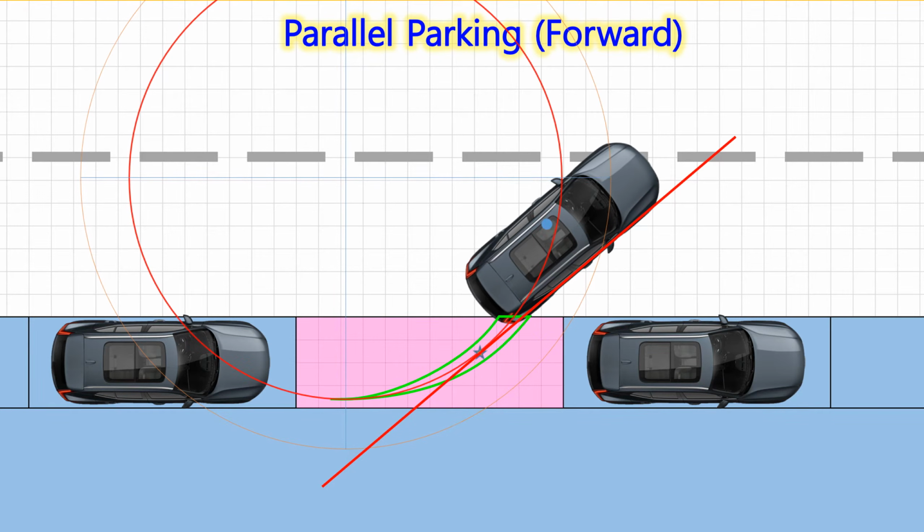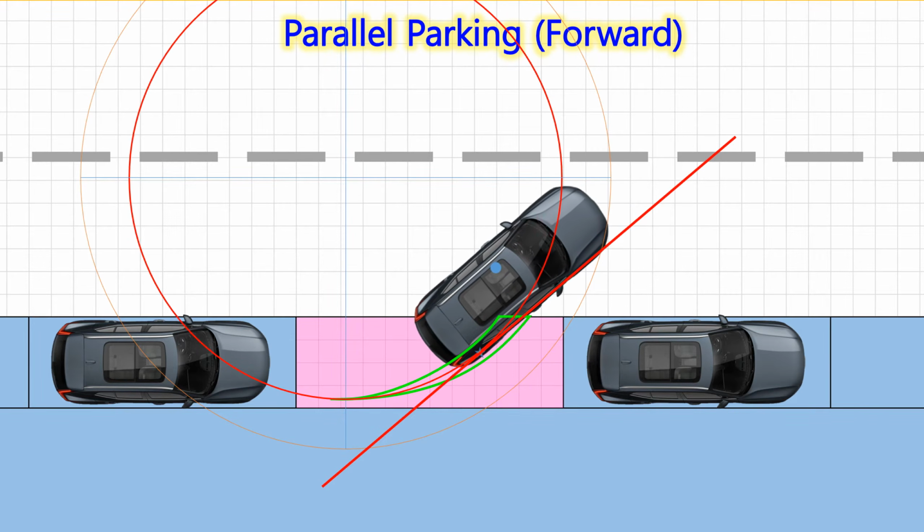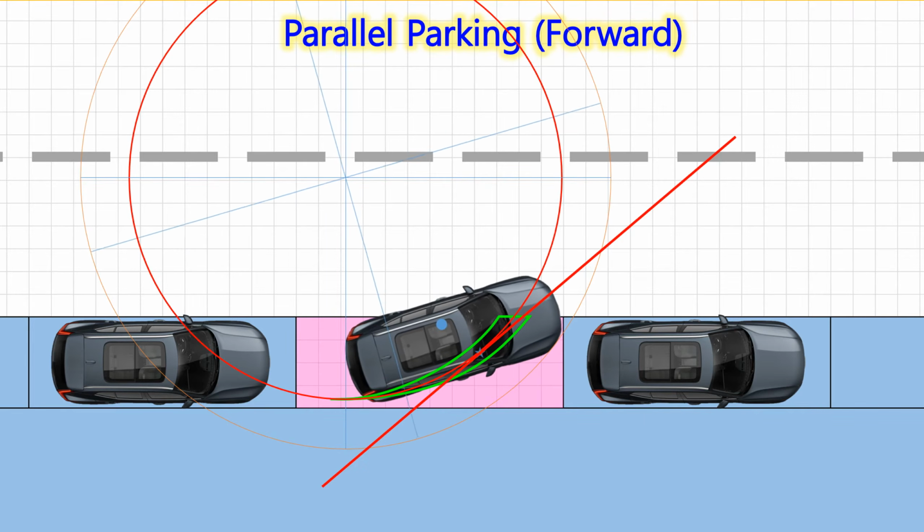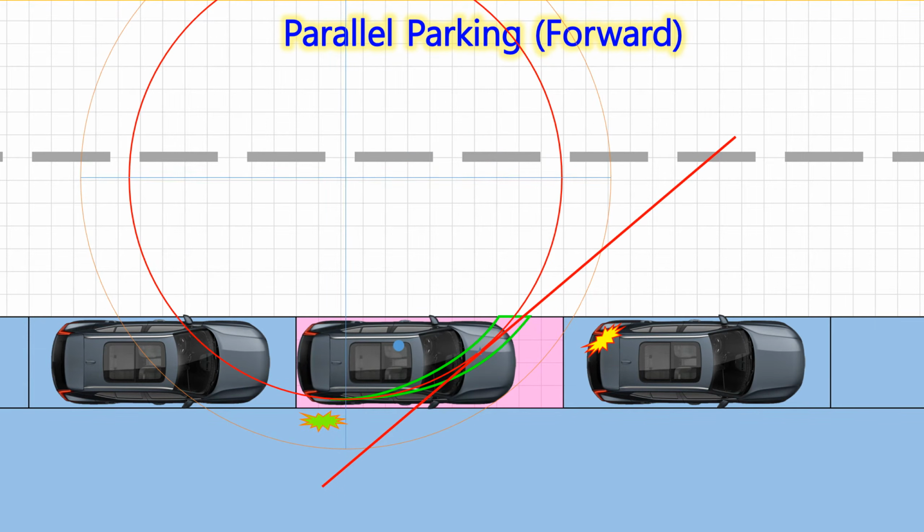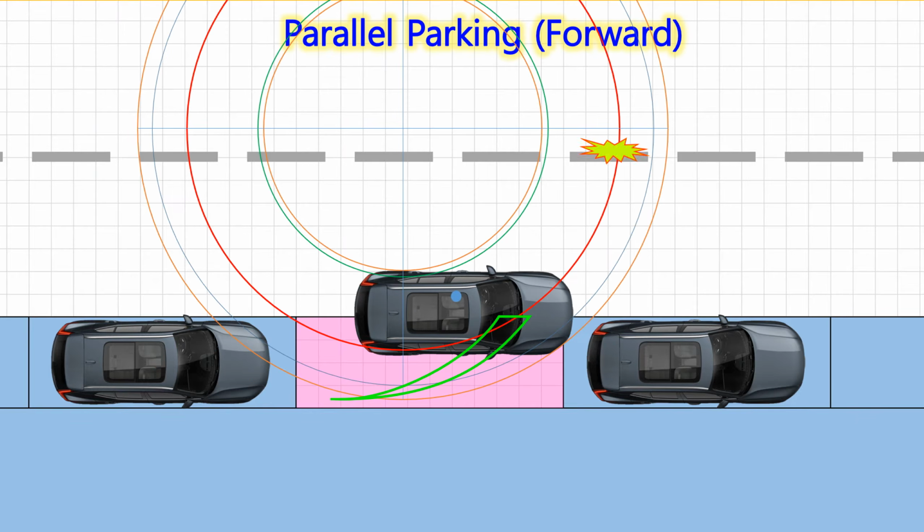Reverse so that the right rear wheel and the tangent line come into the green zone. Then turn the steering wheel to the left to rotate. Make sure your car doesn't hit other cars and the curb. And complete parallel parking. If you don't want to cross the next lane, you have to find another way to get the right rear wheel into the green zone.